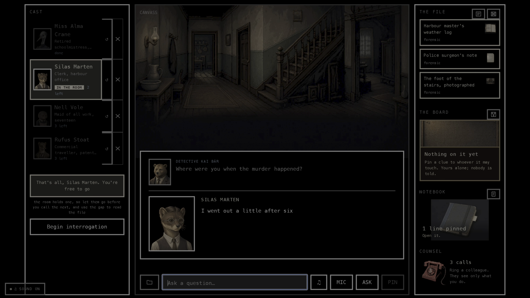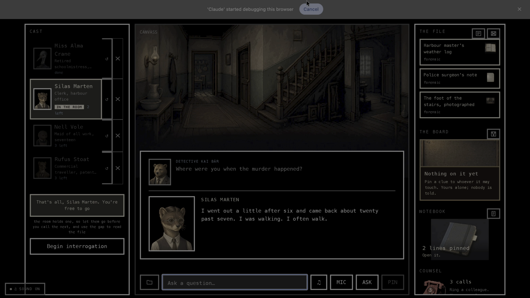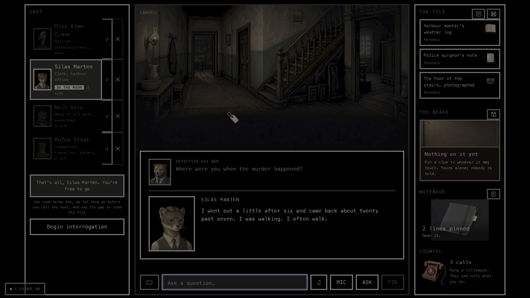Like in detective shows, you have to ask them back, and they will reply about what they were doing, what they have seen. He told me, I went for a little walk. So he's saying he was not at the house, he went outside. This is an important thing because we know that the murder took place in the house, right?